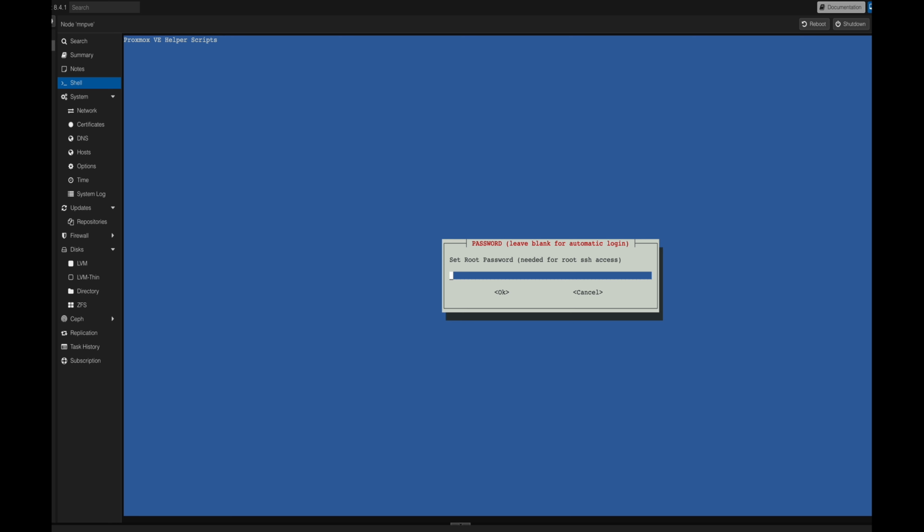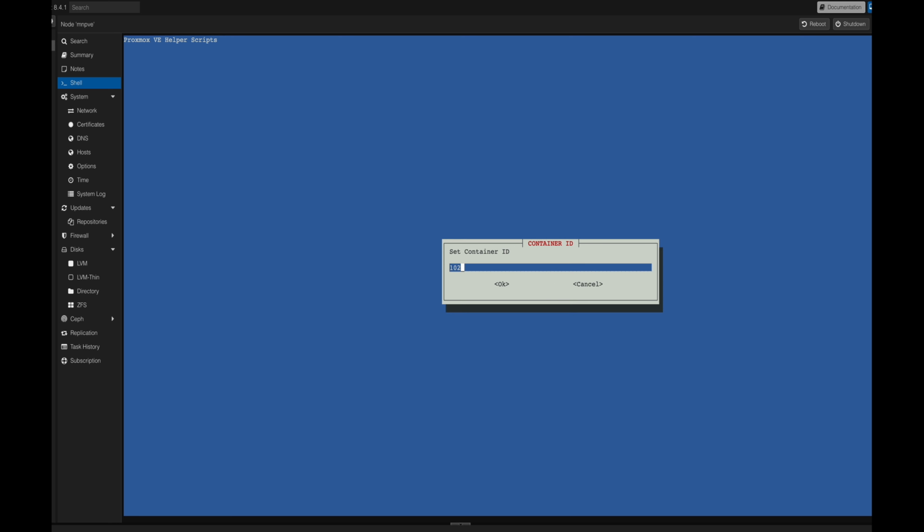Set root password here and re-enter the root password with verify root password. Container ID is prompted by default. We can opt to keep it or change if you prefer. Set the host name,